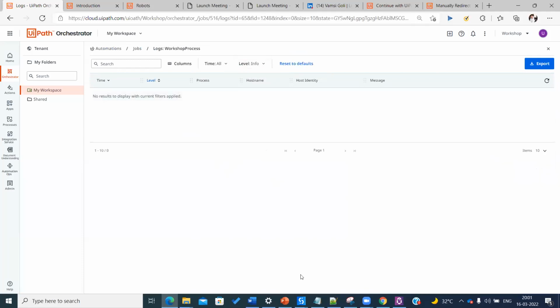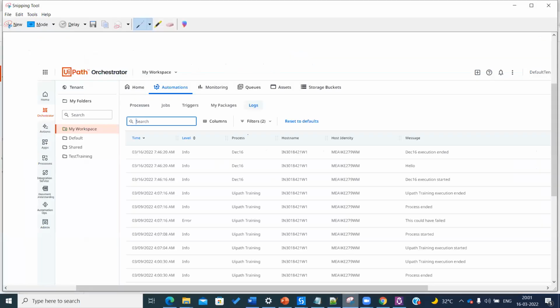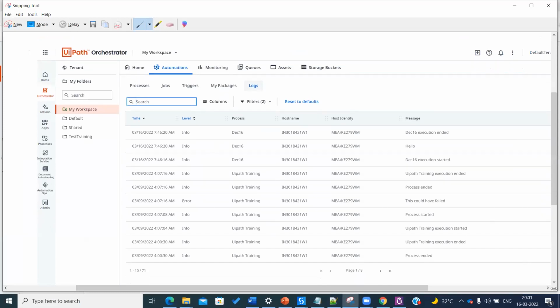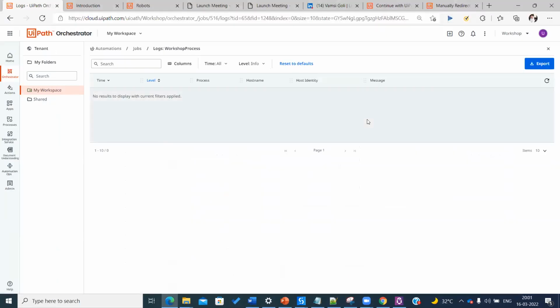Okay, I think there's some issue, but what I can show you here is how logs will look. Let's say it's job processing started, processing ended, and how much time it took for a particular record to come. Generally, logs will be coming up like this. Other than this, the next question in the interview is, where do you see the logs of the jobs, whatever the robot would have run?